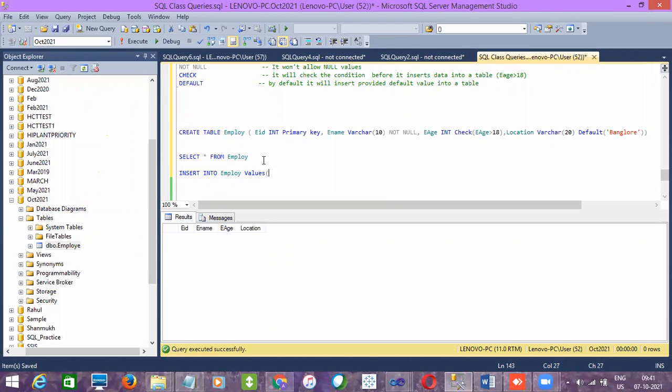So now let me try to insert 1111 and then employee name as Amar, and then employee age, let me give 15, and then employee location, I'll give maybe Chennai, right? So if I insert, do you think the value will get inserted into the table?